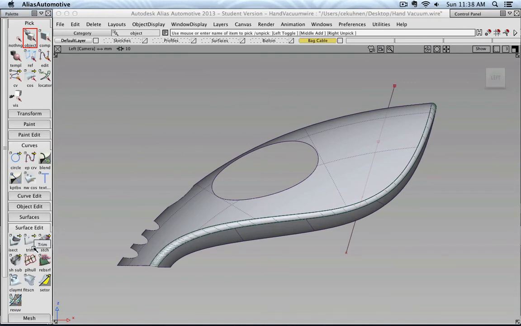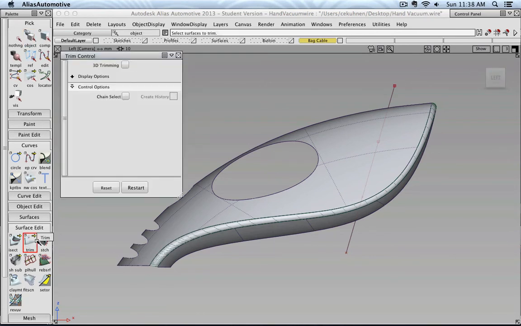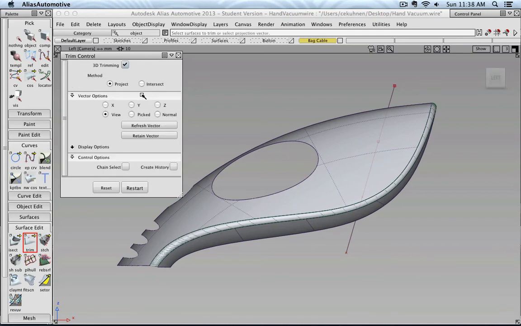I'm not going to make any intersection, because if we open the trim command tool, there is an ability to turn on 3D trimming. And basically what this means is I can now select, for example, this geometry, so the surfaces,